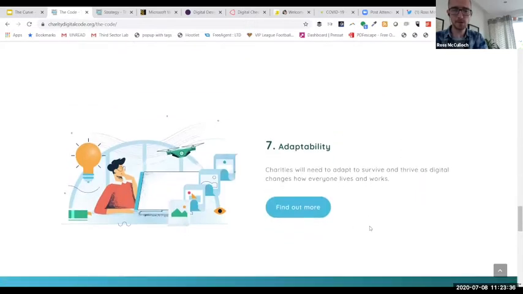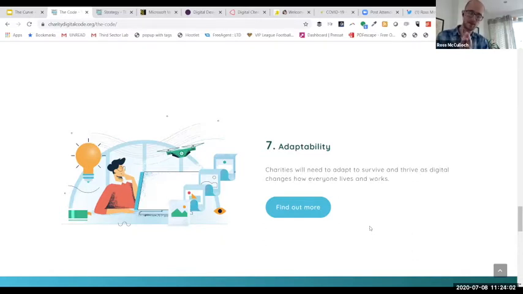And then the final one, number 7, adaptability. So how is your charity going to adapt and survive? And this is really important, particularly for people at a senior level in your board. Often you hear this term around future-proofing your organisation. So this idea that you will develop a digital strategy, you'll put loads of stuff in place, and maybe you'll do that over 3 to 6 months. And at the end of that, you will now have a fully digital, future-proofed organisation.